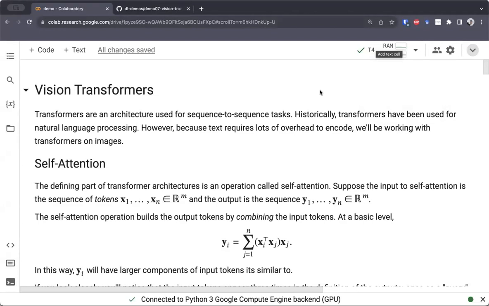We will talk about vision transformers. Transformers are an architecture which is normally used for sequence to sequence tasks. They were proposed in 2017, and historically they've been used for natural language processing tasks, such as translation or next word prediction. However, because encoding text requires a lot of overhead, we'll be working with transformers on images